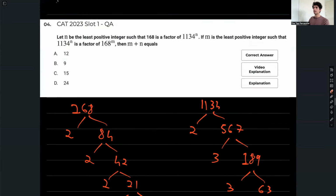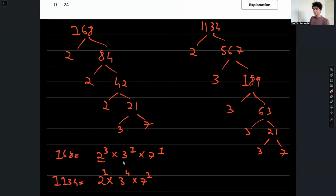Now the question asks us, let n be the least positive integer such that 168 is a factor of 1134 raised to n. So how much should I raise this to completely cancel out all of these? Now, if I divide these two, I can see that the 3 and 7 will easily get cancelled. But the problem is in the 2 raised to 3 that 168 has, that 1134 doesn't. But if I raise 1134 to 3 times, I will have 2 into 2 into 2, which will cancel out by this, right? So essentially, I just have to raise it by 3, n is equal to 3,